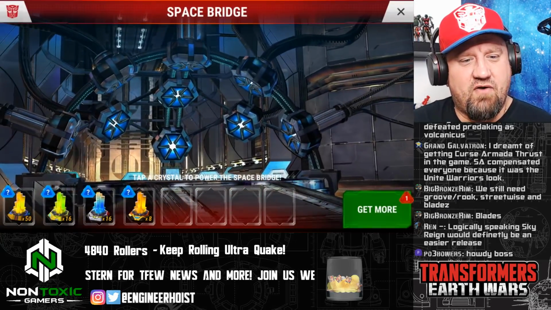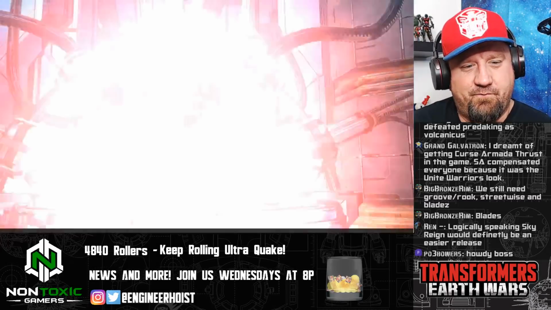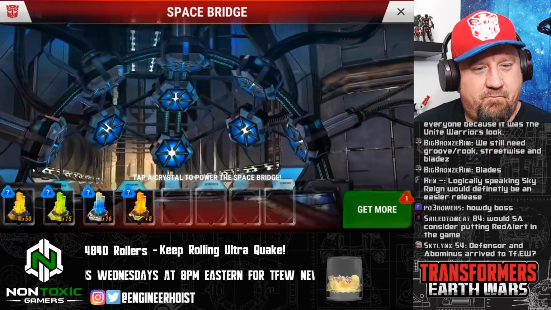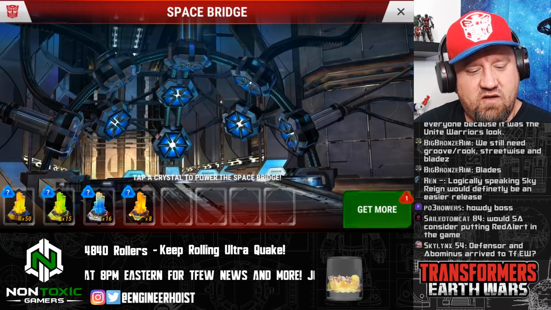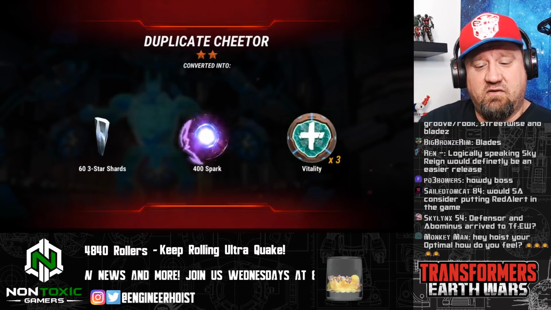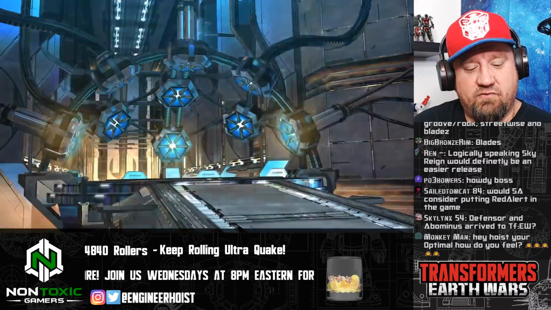Alright, let's start cracking open some Springer crystals. And we get Springer right out of the gate. Springer. CL Tomcat is asking, would Space Ape consider putting Red Alert in the game? Possibly, and it would make sense. I mean, they do have the Sideswipe model that they could use, and Red Alert was buddies with Inferno, so...